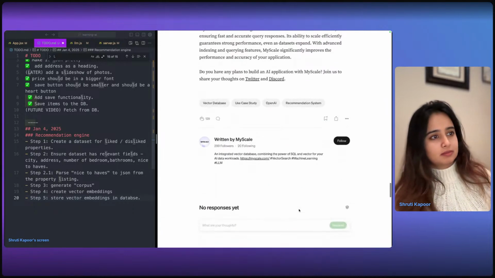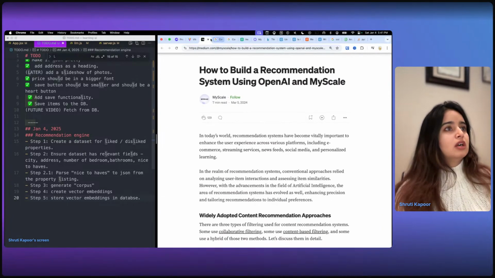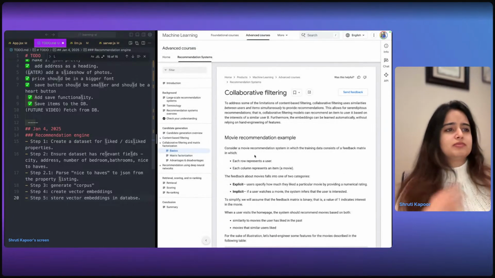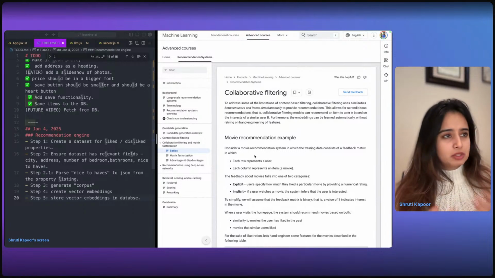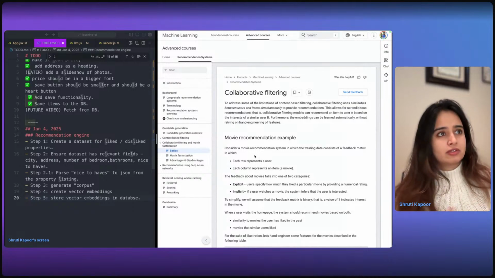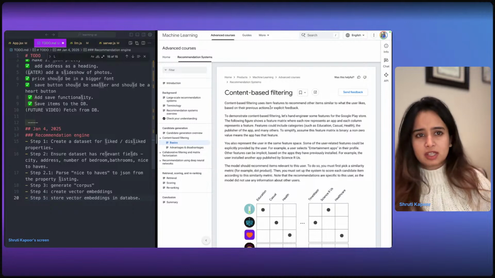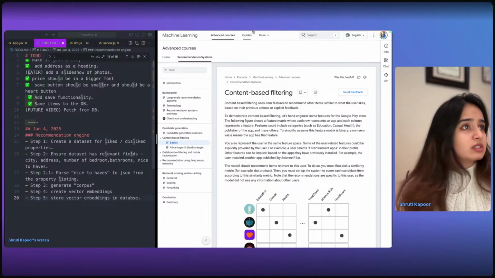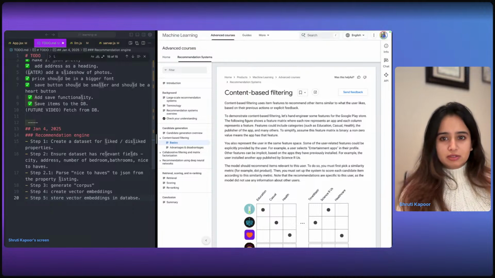Interesting. Good article. But I think there's a lot more stuff about vector embeddings that I'm not familiar with. So I'm going to spend some time learning that. First, let's talk about collaborative filtering. And I think content based filtering, because I think that's more relevant to us. So let's learn about content based filtering. So here is the next article we're going to read.